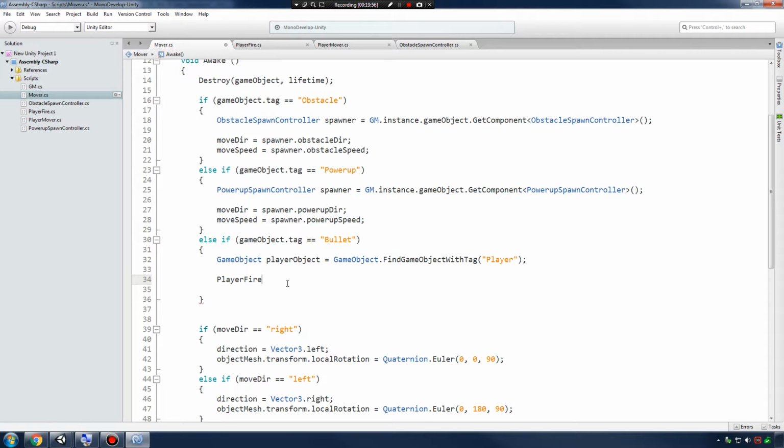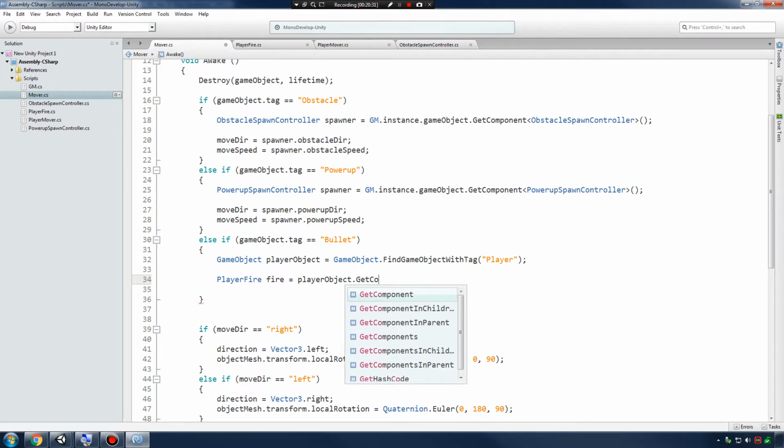Okay, so we're going to say player fire, and let's just give it a temporary name here. Why don't we just make it simple and call it fire? This new variable fire is actually going to point to the player fire script on my player game object. So fire is going to equal player object. We're pointing at our player object right now because we did the find game object with tag right there. So we're going to say player fire equals player object, and then we're going to do a get component